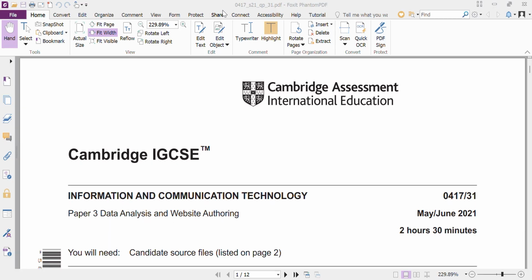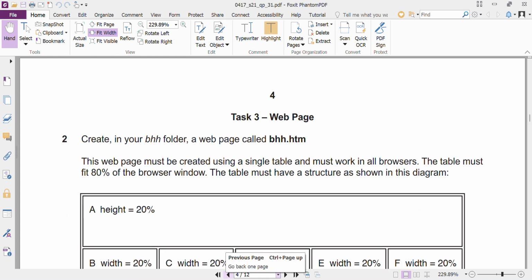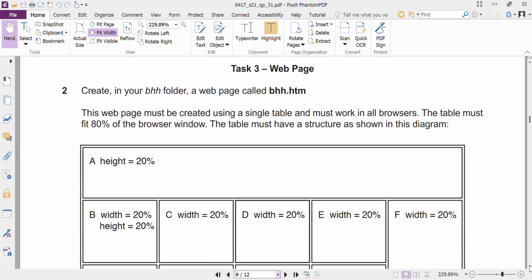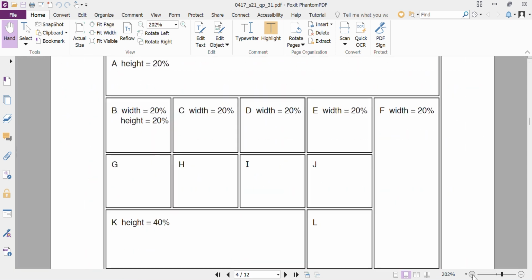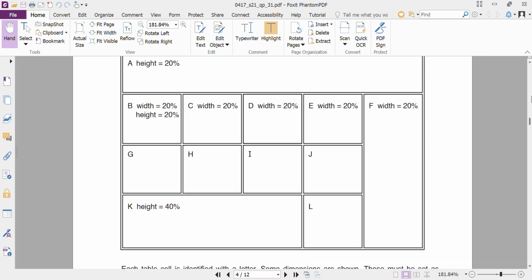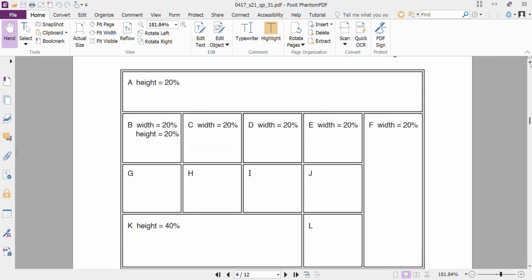On this paper 0417, paper 31, May June 2021, on the website authoring, I want to discuss maybe one or two instructions on this part, yeah. A height 20%. Now if you look at the whole thing of the table, the full version of the table looks like this one. I hope that you can guess that this table actually originally comes from 5 columns